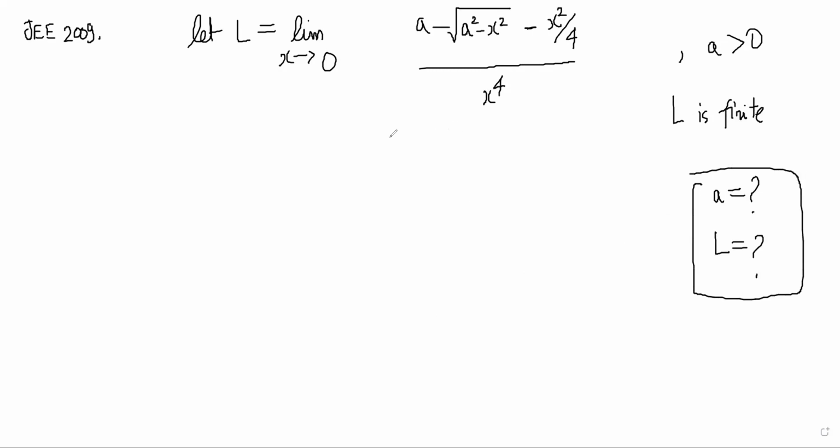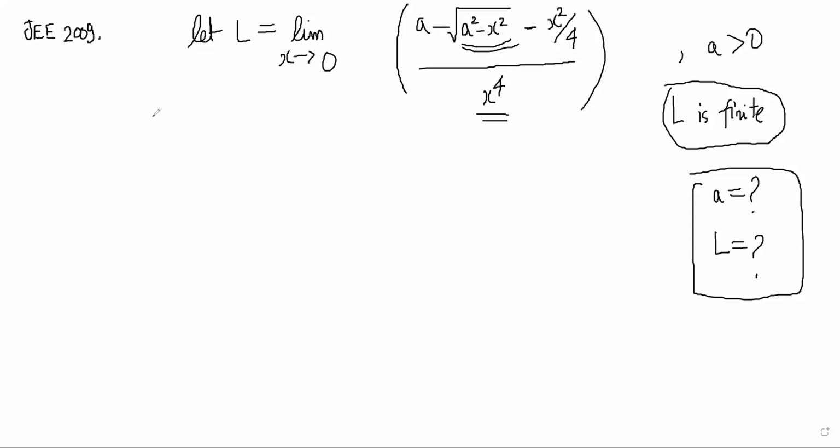Okay, so think about this question. You are given that the limit is coming out to be finite. If you put 0 here, it is coming 0 by 0, right? But I would ideally not want to do L'Hospital here. Why? Because you'll have to do it so many times. First you will do 4x cube, then 12x square, then 24x, and finally 24. But 4 differentiations here will not be nice because of the root. So don't do L'Hospital.